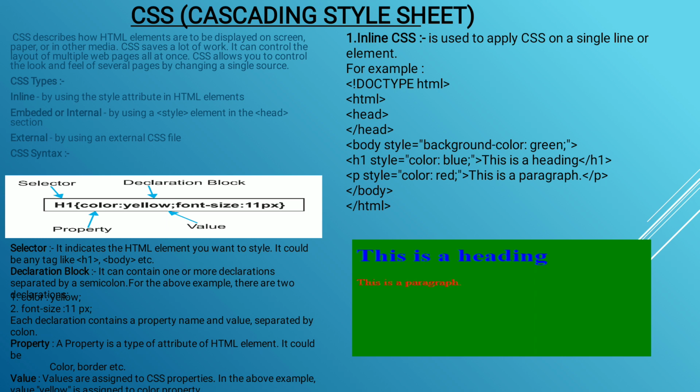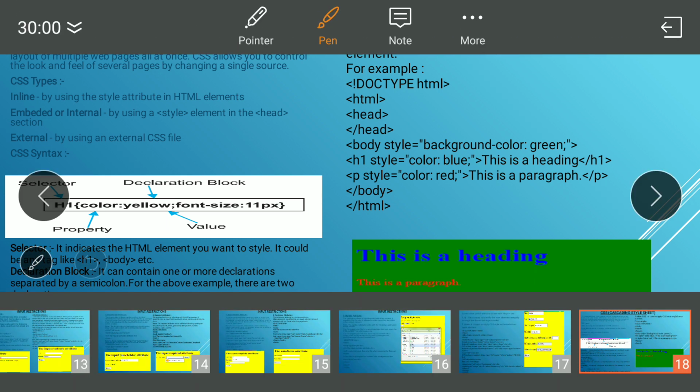Sheets, or you can say it is nothing but the attributes, the properties, those properties we use for decoration purposes, right? So here you can see, we already learnt about what is the CSS and what is the use of CSS and what is the type of that CSS, right? So here you can see that